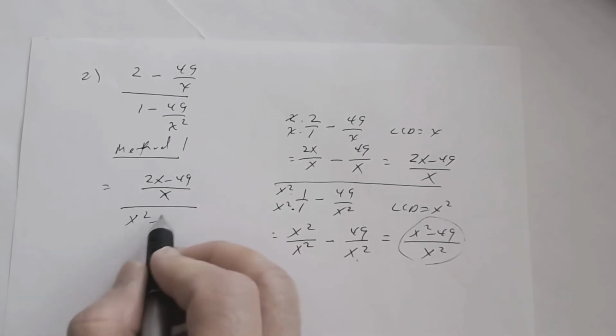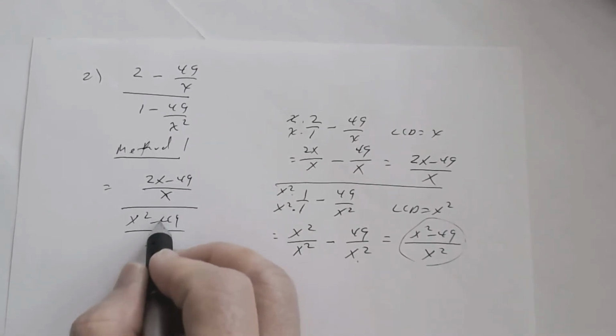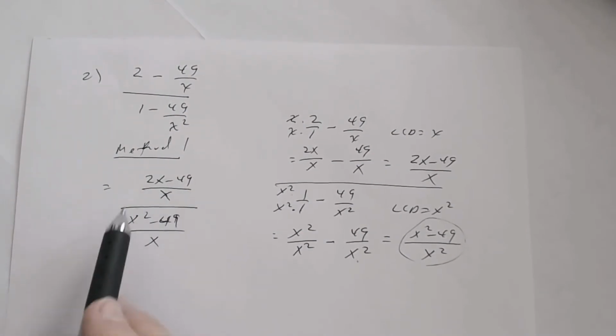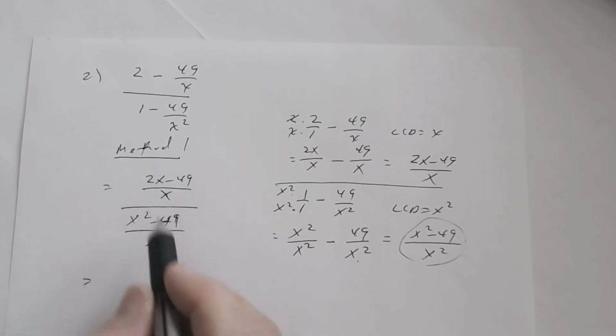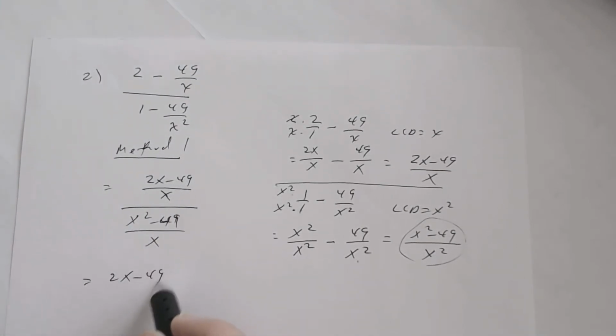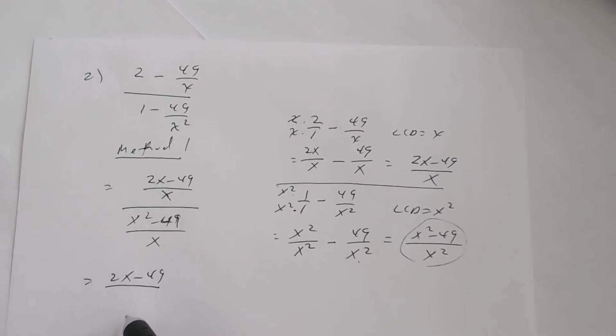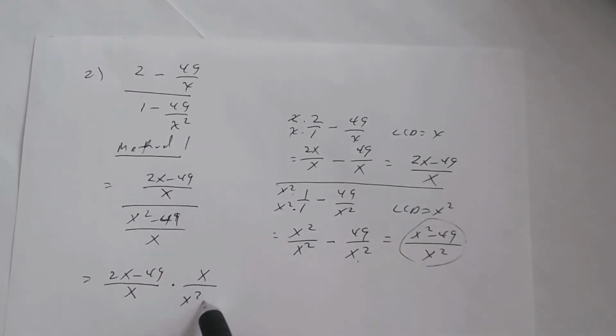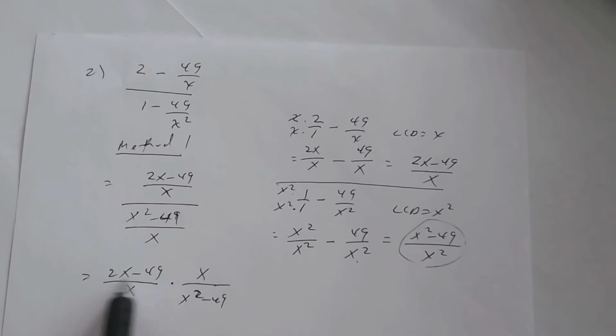So x squared minus 49 divided by x. Now the next step, remember you have a fraction divided by a fraction, so you've got to change this to a multiplication problem. So you take the fraction that's in the numerator, 2x minus 49 divided by x, times the reciprocal of the denominator, so that's x divided by x squared minus 49. Okay, and notice I can't factor